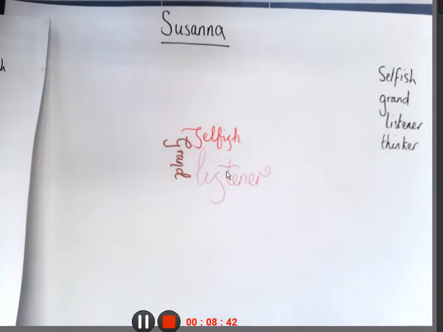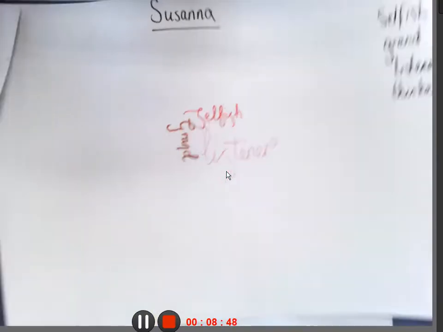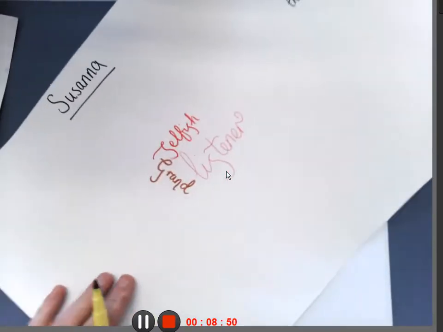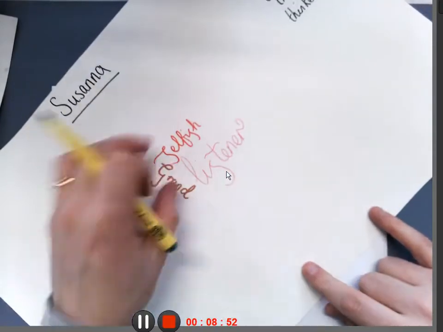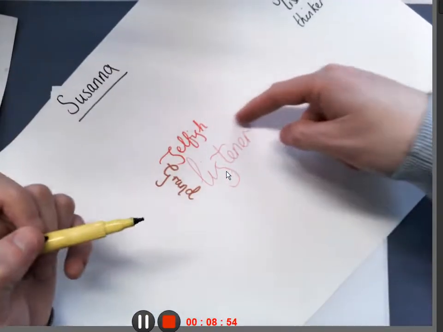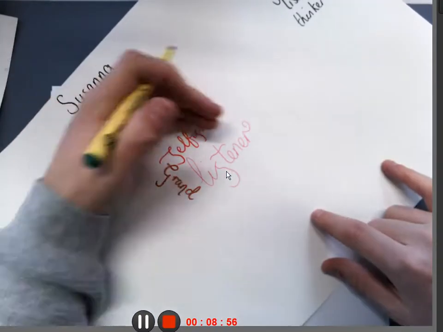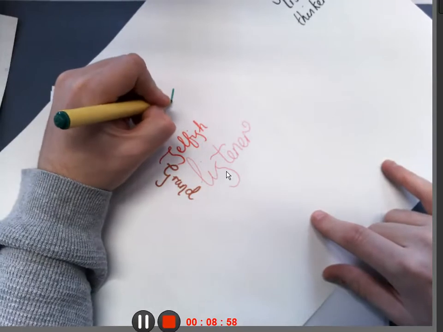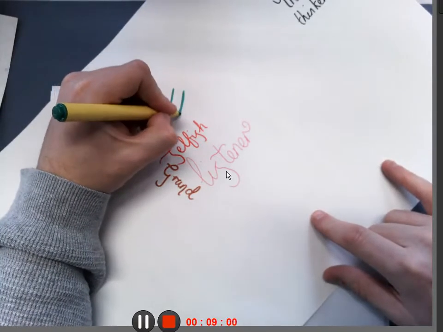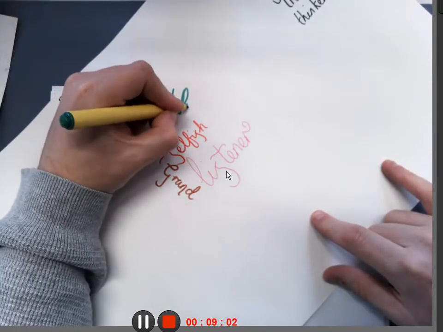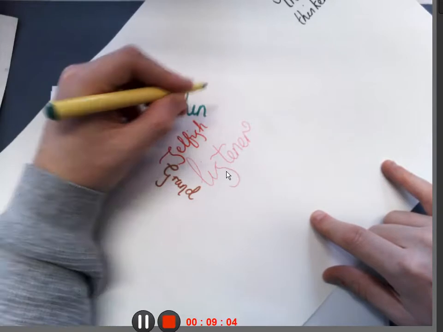There we go. And then thinker, I think he was still quite a good thinker. I'm going to do that diagonally. I'm going to do it diagonally across here this time. There's a nice line that those two words match up on. So I'm going to do thinker, quite large again. Oh, I want it a bit swirlier. There.